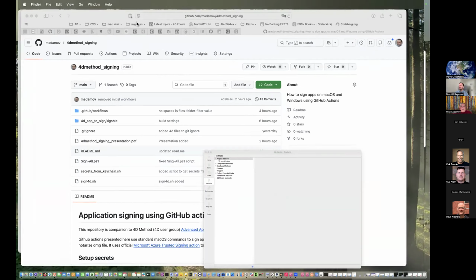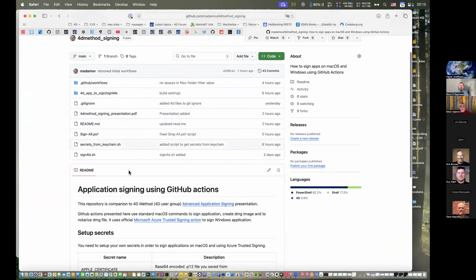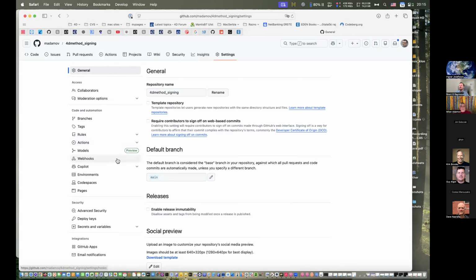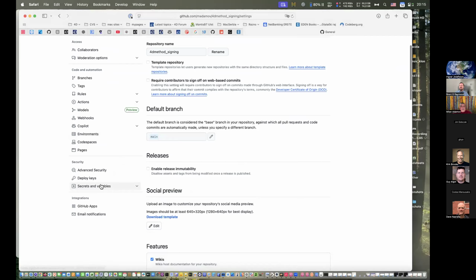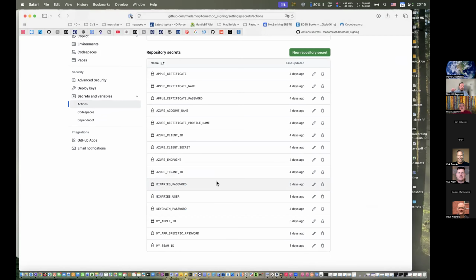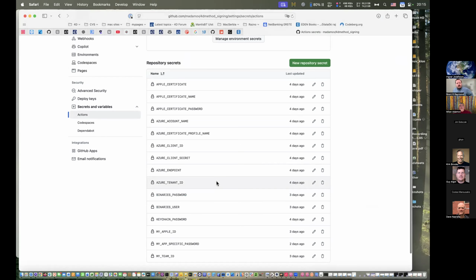I think it's here. Yep. So this is the repository, as you can see. You will find secrets under Settings, and here, Secrets and variables, and for Actions. So you see how many I have there, for each thing that I need to be secret.